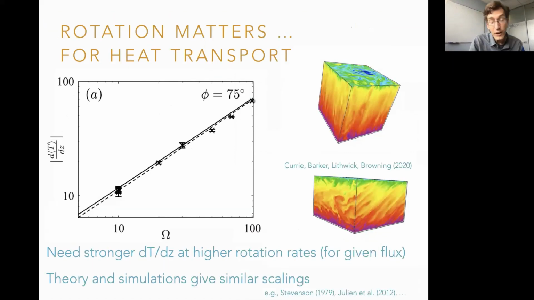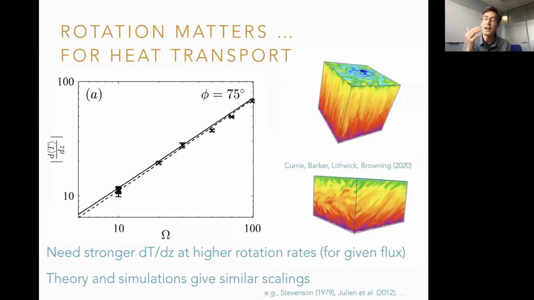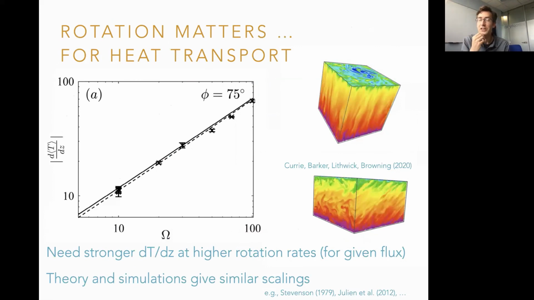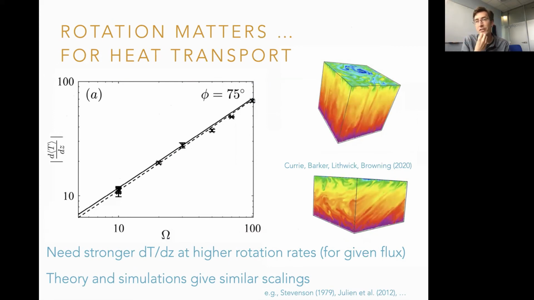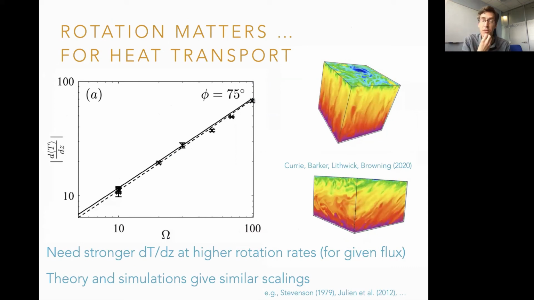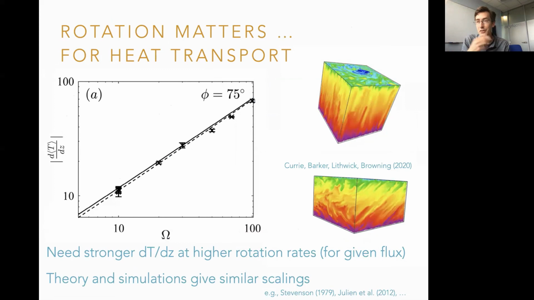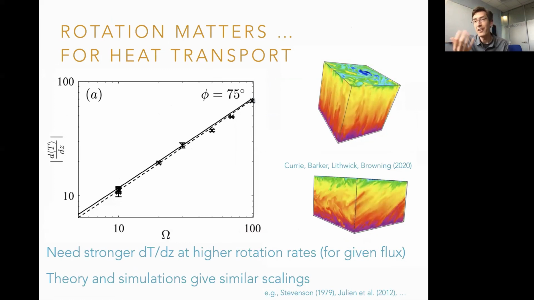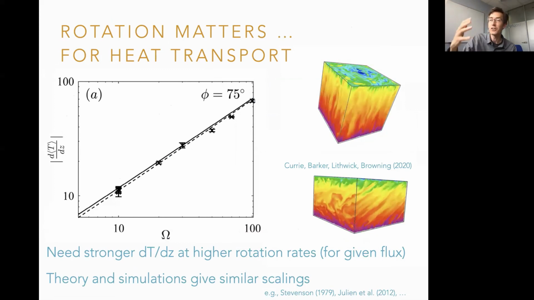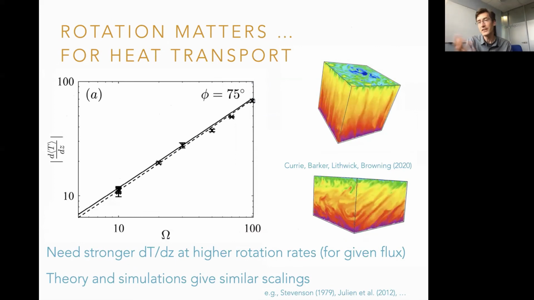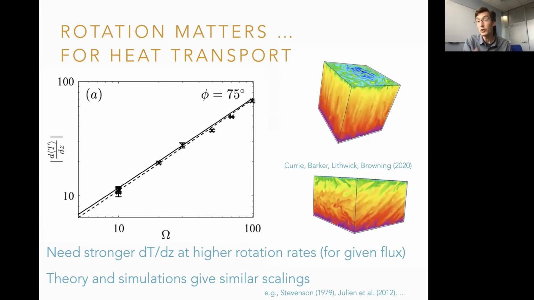And then the final thing I just wanted to mention, because I think it's a nice example of how you can bring all these different approaches together, is some stuff we've done fairly recently, looking at how rotation affects the convective heat transport. You find very generically, from both simulations and from theory, that as you rotate convection more rapidly, it has a harder time convecting, of course, and it has a harder time getting a given heat flux out. And what that means is that you need a larger and larger temperature gradient to carry the same